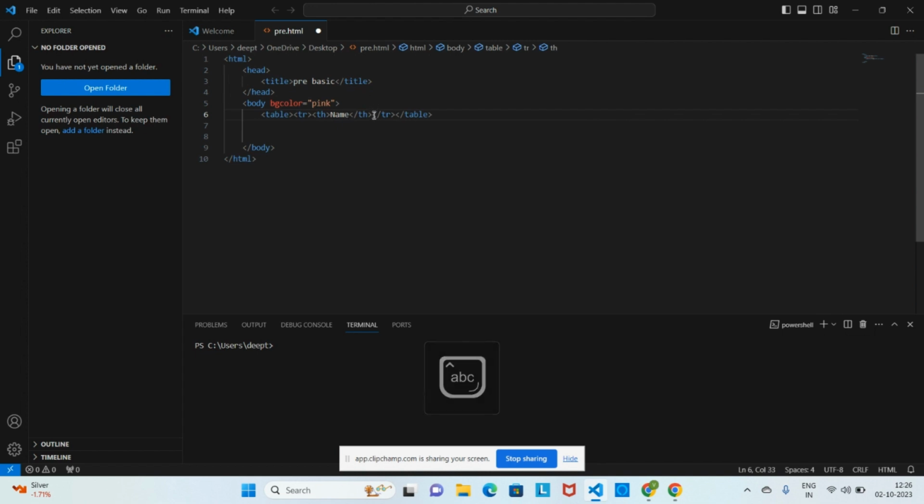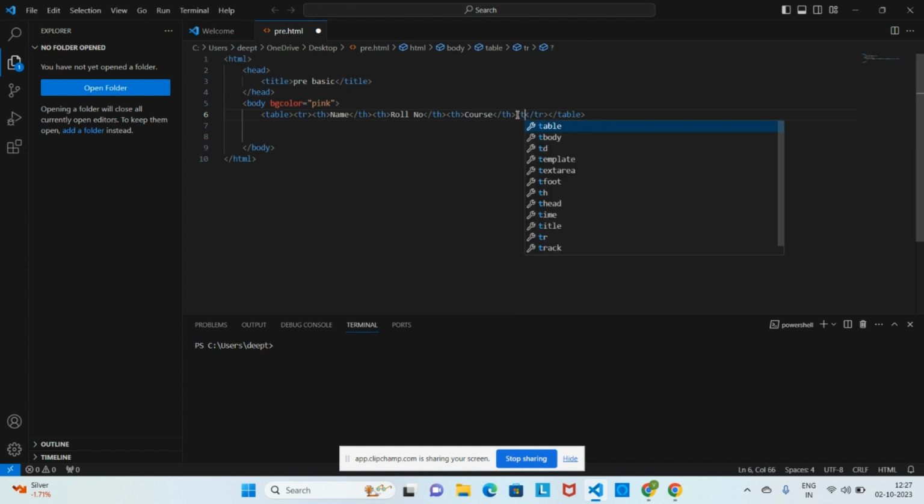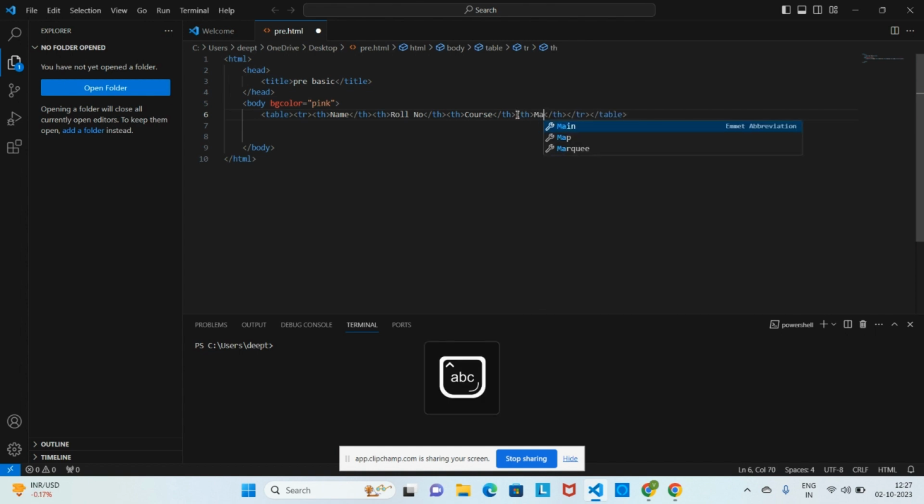Now similarly I will give my second heading as roll number, and my third heading will be course, and my fourth heading will be marks. So after the headings, we will start inserting the